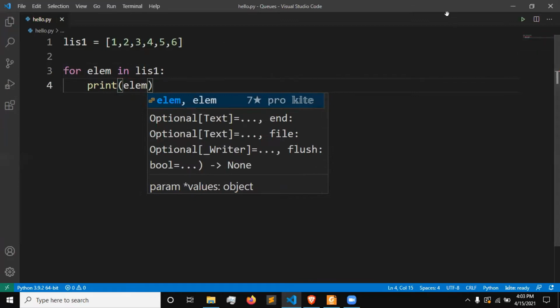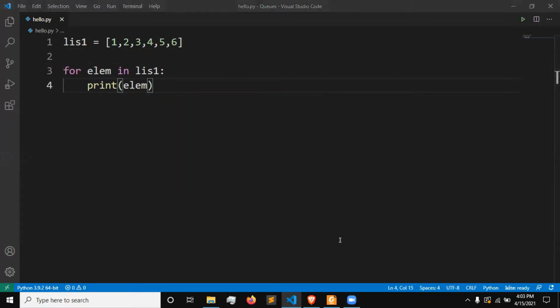Okay. Now can anybody tell me what will the output be for this? Just put it in the chat box. What do you think the output would be? Anything, guys. You can just write your name also. It's fine, but I want to see how many people are following. Hello. All elements in list. Okay, correct.